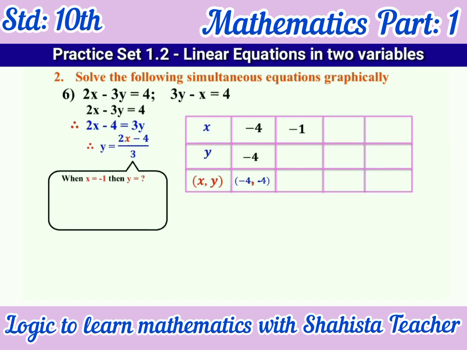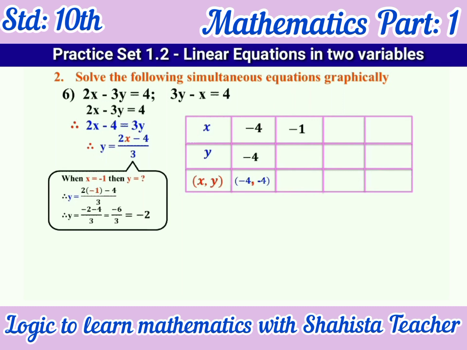Here we are considering the value of x. You can take any number for x, okay? But we are going to find the value of y with the help of that x. So in the place of x, we will put minus 1. So 2 bracket minus 1 minus 4 upon 3. So 2 ones are minus 2 minus 4 upon 3. So minus minus plus, give here greater number sign, minus 6 upon 3. 3 ones are 3, 3 twos are 6, minus 2.